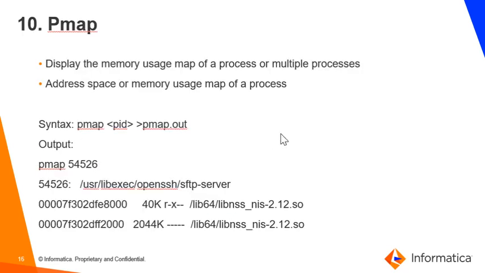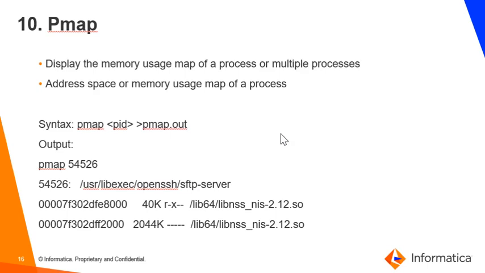Our 10th command of our discussion is pmap. It displays the memory usage map of a process or multiple processes. It also gives the address space or memory usage map of a process. The syntax of the command is pmap space the process ID of the process for which you want to see, and you can redirect the output to a file. Here I am redirecting the output to pmap.out, and I ran the command as pmap and the process ID